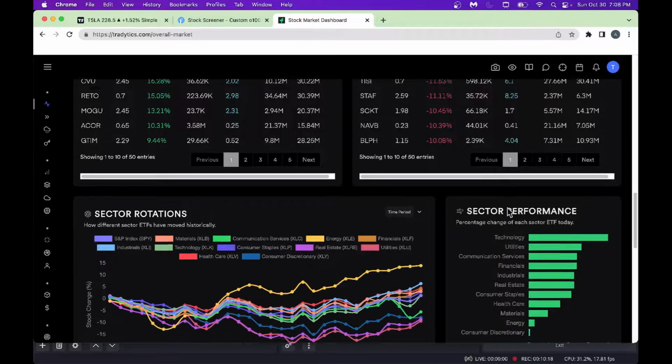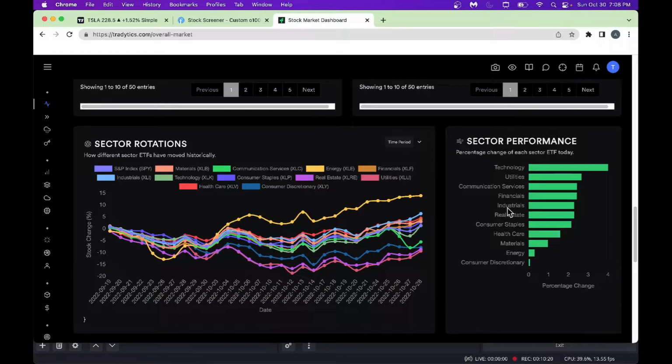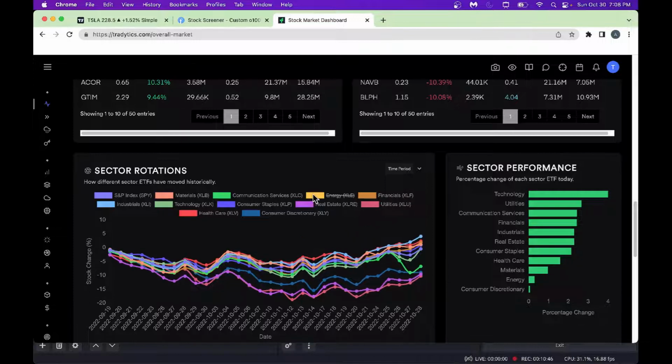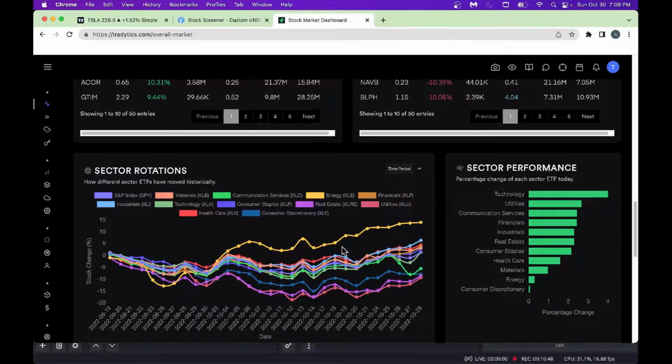Then you can go into sector rotations. Many times it's always important to look at the sector rotations. This kind of looks at various S&P sectors like SPY, XLI for industry and so forth. It tells you how each is doing. Look, we've got various things going on here. As you scan through here, we've got a nice red, and a nice green here, which is XLE. As you can see here, it went away. XLE had a nice day here.